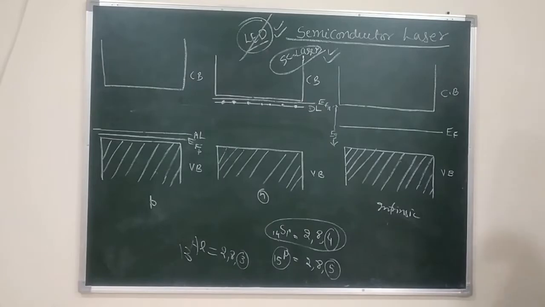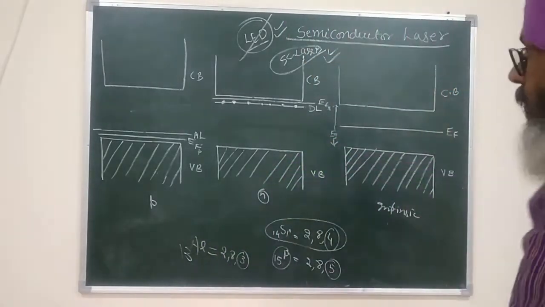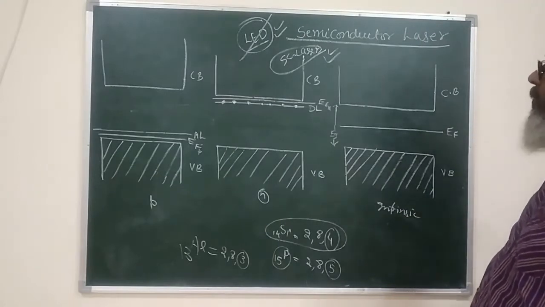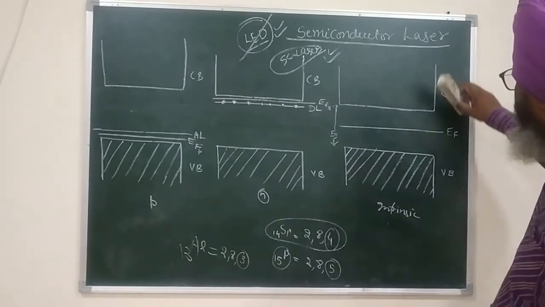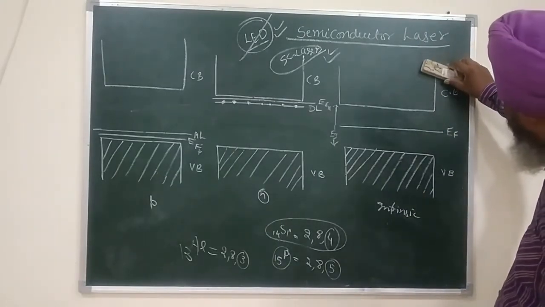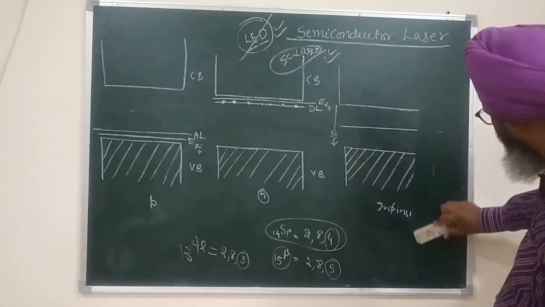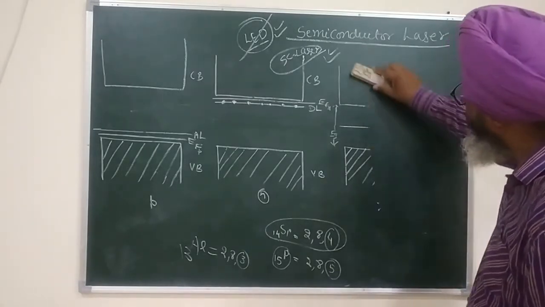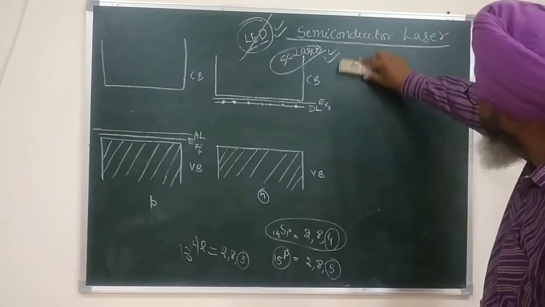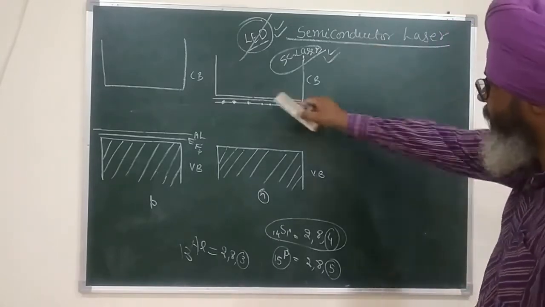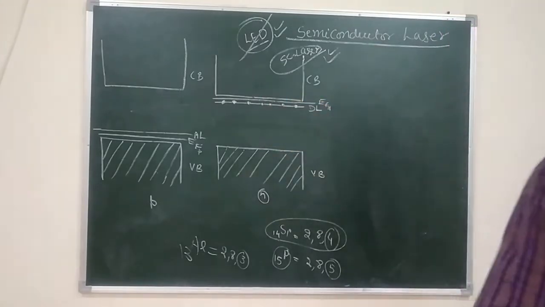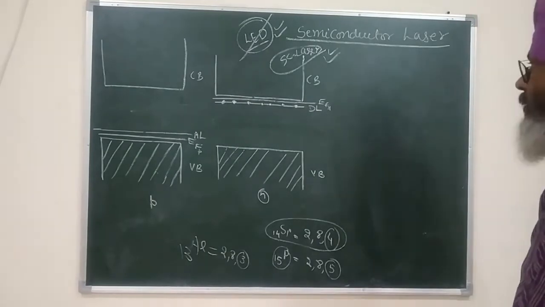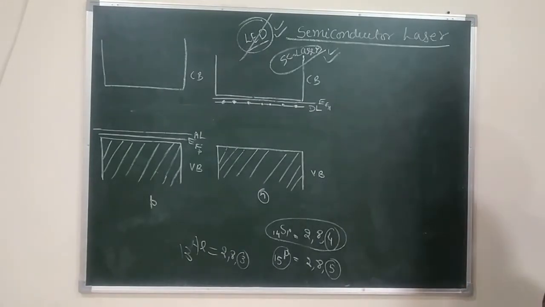For that, you just know that a diode is formed when we join n-type semiconductor with p-type semiconductor. I do not need this intrinsic semiconductors theory. It was just for reference purpose, so I am going to erase it. Of course, I will be erasing these two also, but after a little while, because we have to start this semiconductor laser as soon as possible.